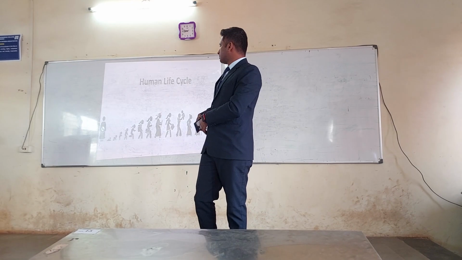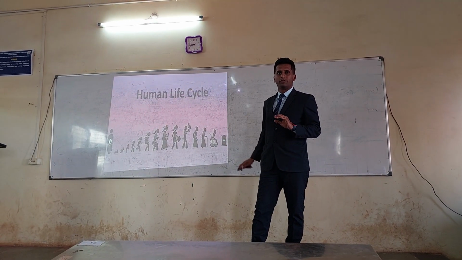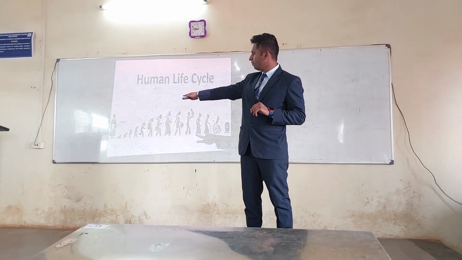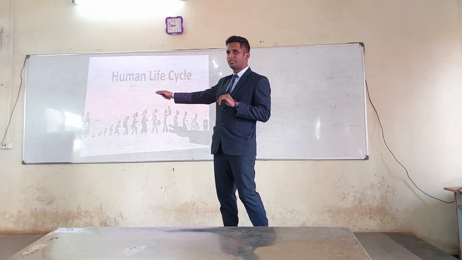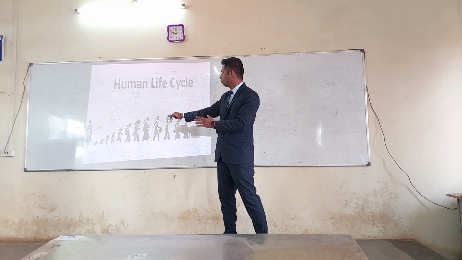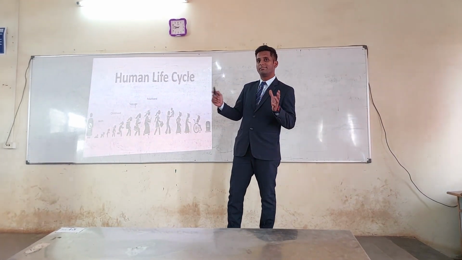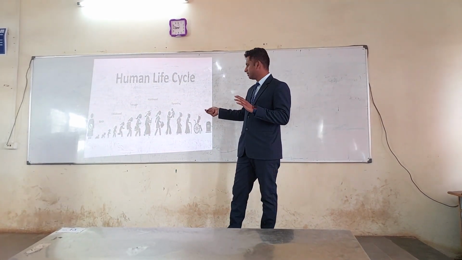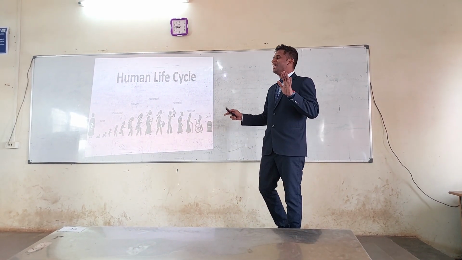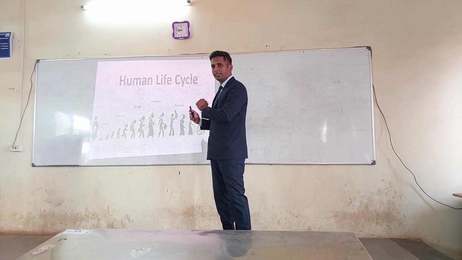To understand it in a simple way, we'll compare the product life cycle with the human life cycle. In the human life cycle, first we have a birth, right? First stage is birth. Next, childhood, from primary to school. Then comes teenage, the college life. Then adulthood, the working life. Then parenting, last old age, and at the end, death. So this is the complete life cycle of a human body.